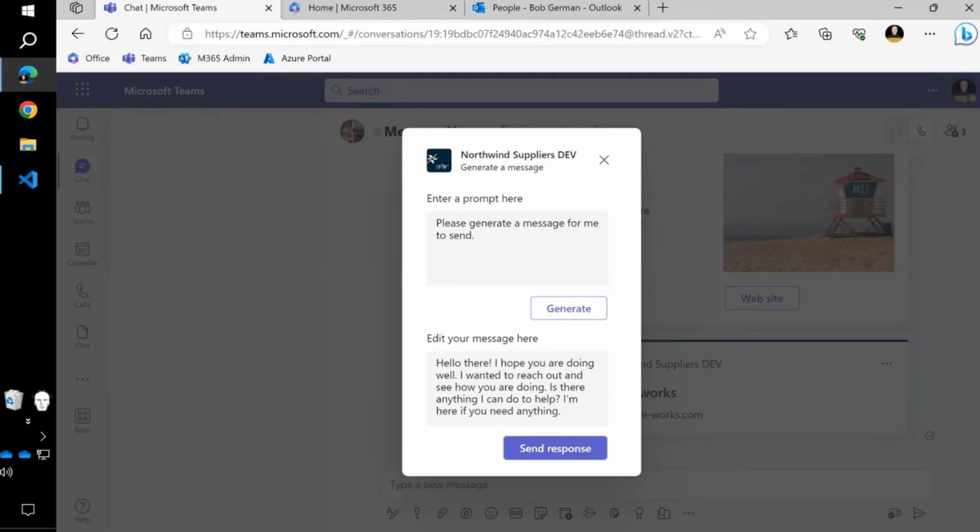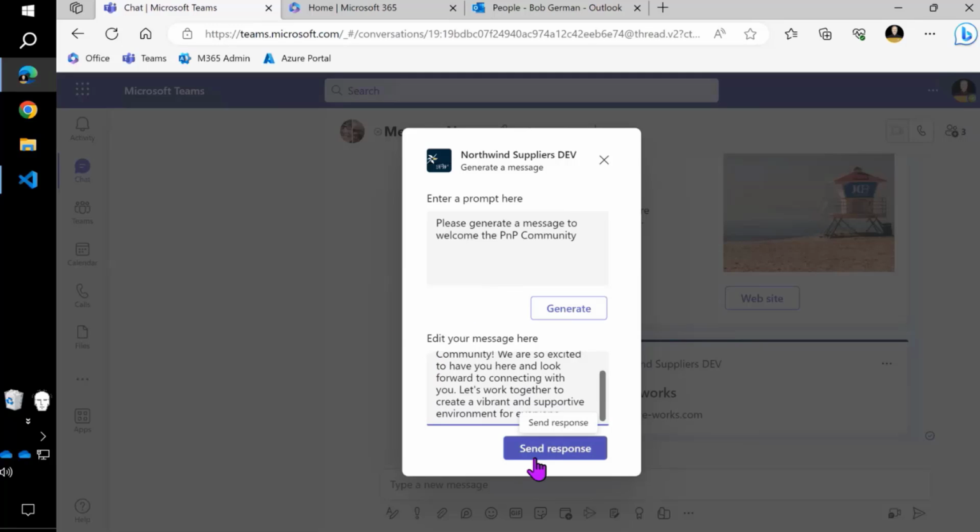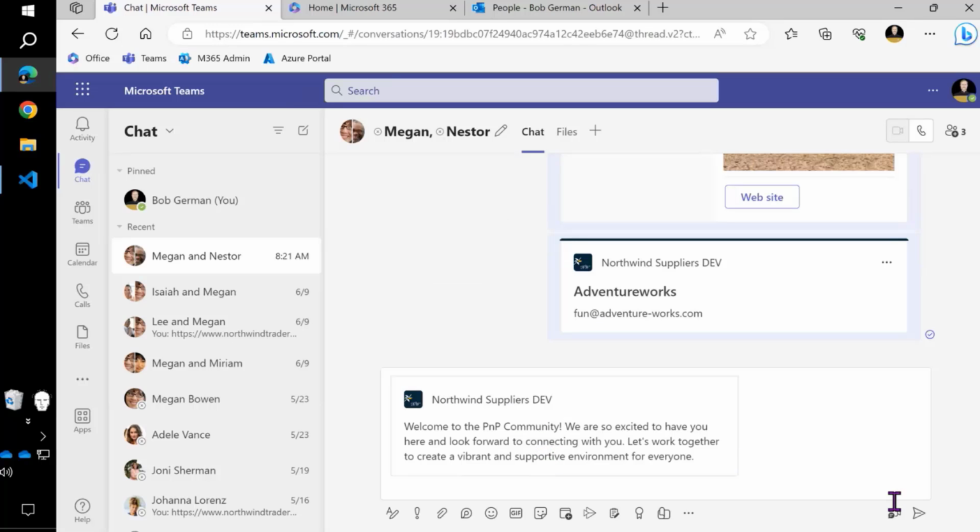So here we've got a prompt and it just says, please generate a message. And we're getting a generic message. So let's say to welcome the PNP community, and I can click generate again. What's actually happening is that it calls the web service, obviously, but then it generates an adaptive card each time, which is getting displayed. So I'm actually interacting with an adaptive card in here. And so you can iterate with this as many times as you want, or the user can, and then finally